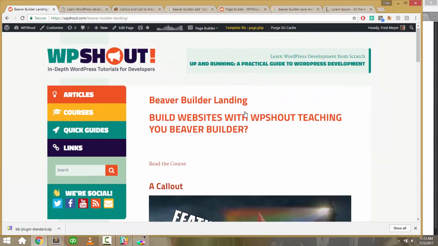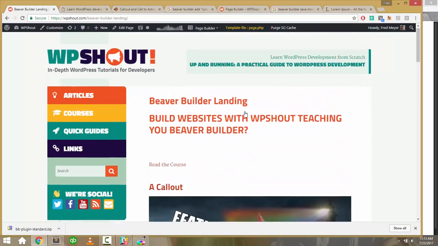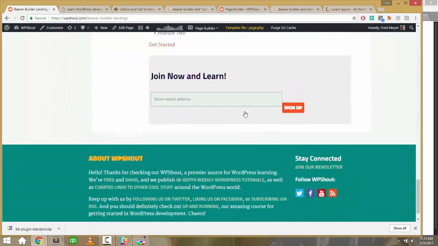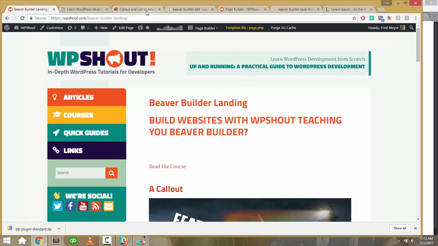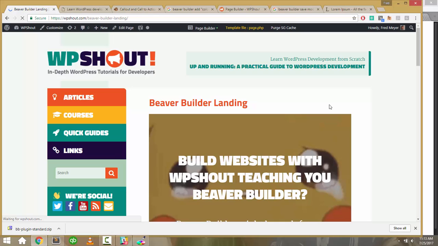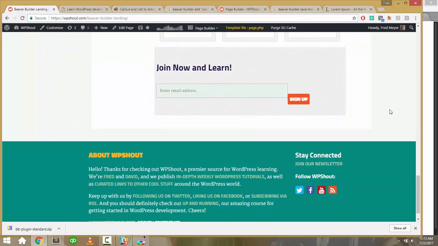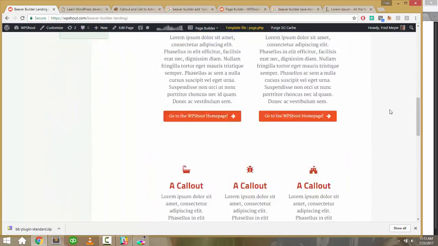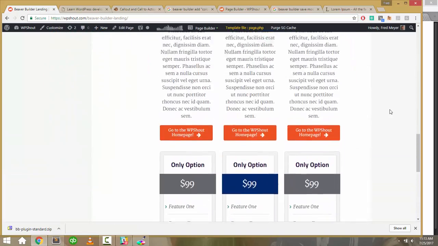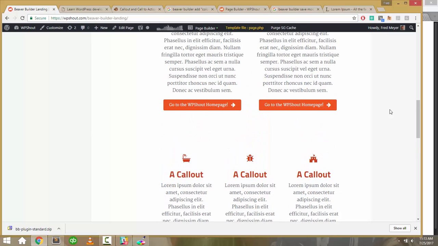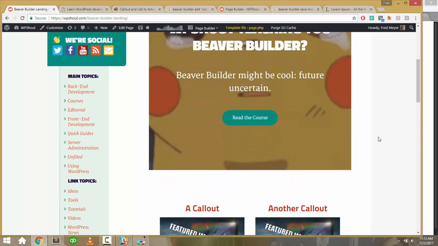What? So what happened there? Okay, weird. Maybe a caching issue? Yeah, well, I guess Beaver Builder will stop your heart occasionally, but anyway,